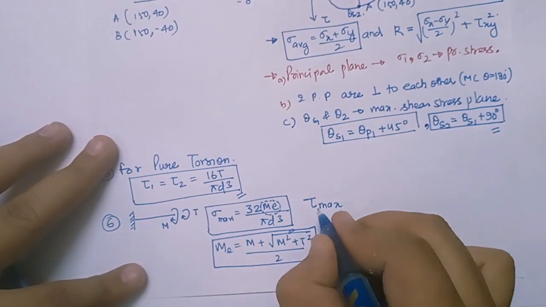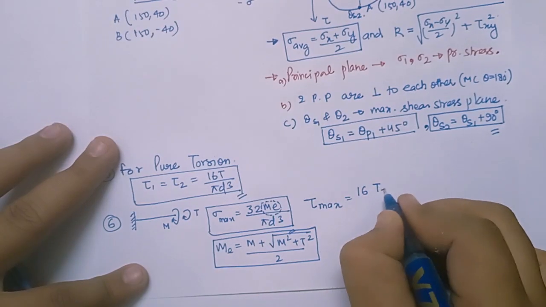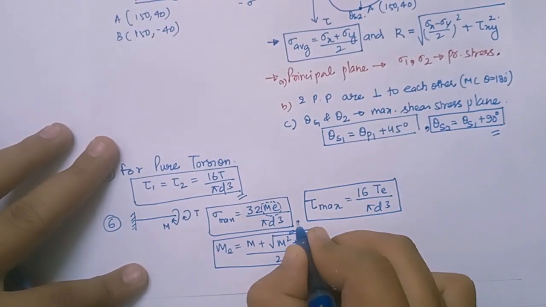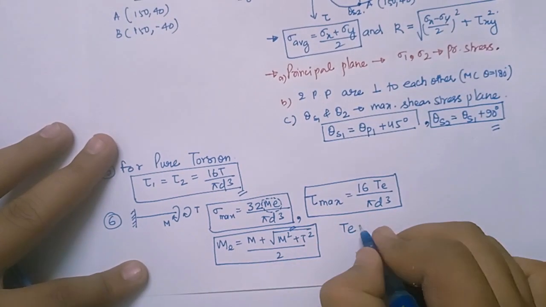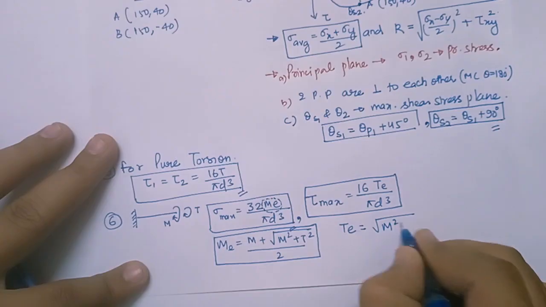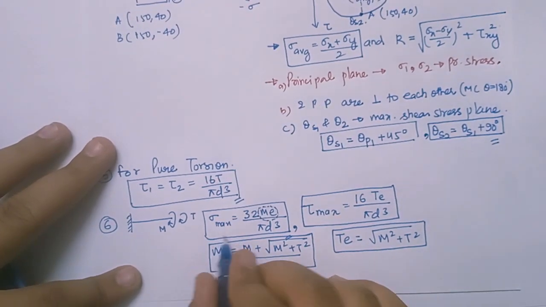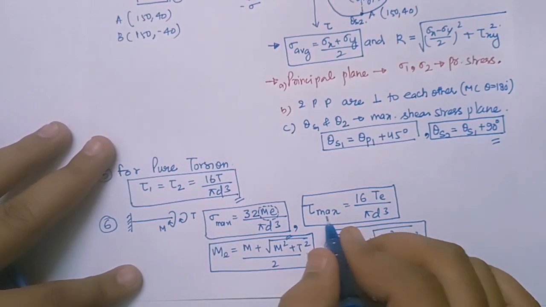Now I am talking about torsion. So tau max will be, tau means torsion, 16 will come obviously, 16 Te upon pi d cube. So this is the condition for torsion. And Te, the equivalent torsion, will be under root M square plus T square, right? So this is the condition for equivalent maximum normal stress and maximum shear stress, right? And